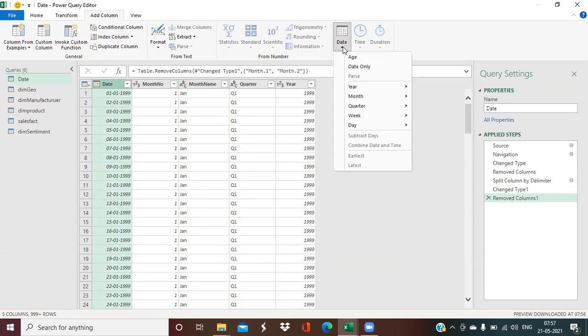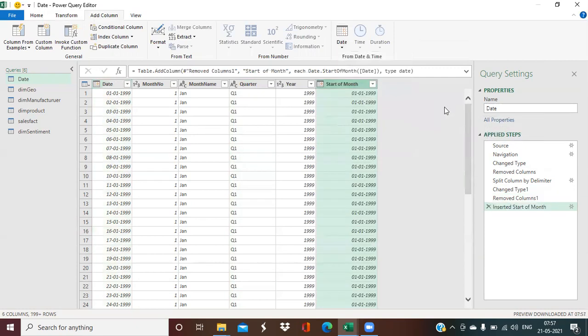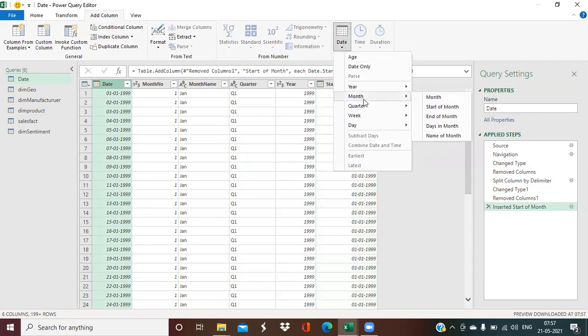But in case you need to get some extra columns, for example, start of the month, the start date of the month, you can add a column start of month. Okay, you can go here and you can add end of the month, days in a month, number of days in a month. Sometimes it is very important. Name of month, we already have it with us. Quarter information, we already have it.